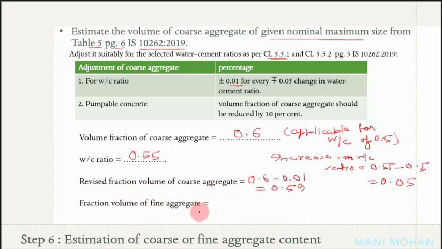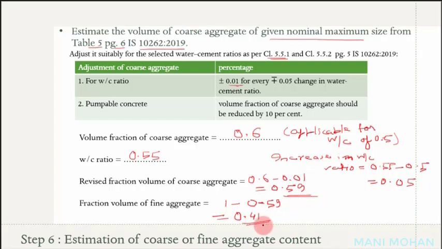What will be the volume of fine aggregate? How are you going to compute the total volume of fine aggregate? It will be 1 minus 0.59, and this is equal to 0.41. This value has to be 0.41. So we can see we have got the fraction volume of coarse aggregate, and the fraction volume of